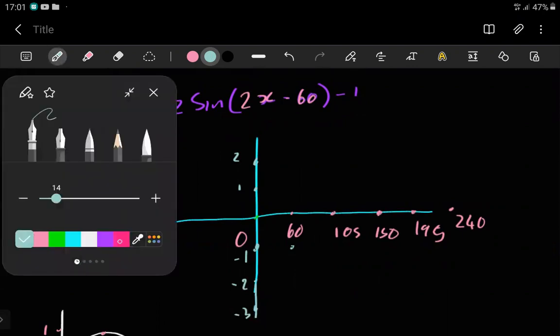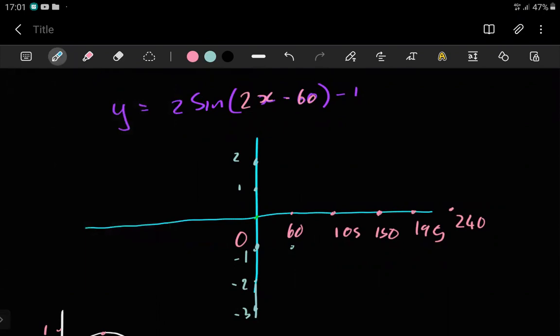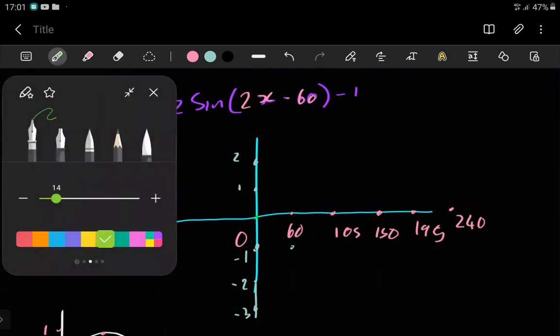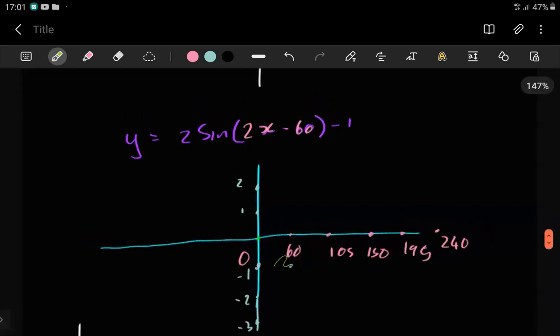So the big idea here is that we can now have some sense of direction. Instead of the graph starting at 0, it was moved 1 unit downwards, so it would start somewhere here. The amplitude is telling us it would go 2 units upwards. So from -1, going 2 units upwards before it turns, it's going to go all the way until 1, right? And then it's going to come down,